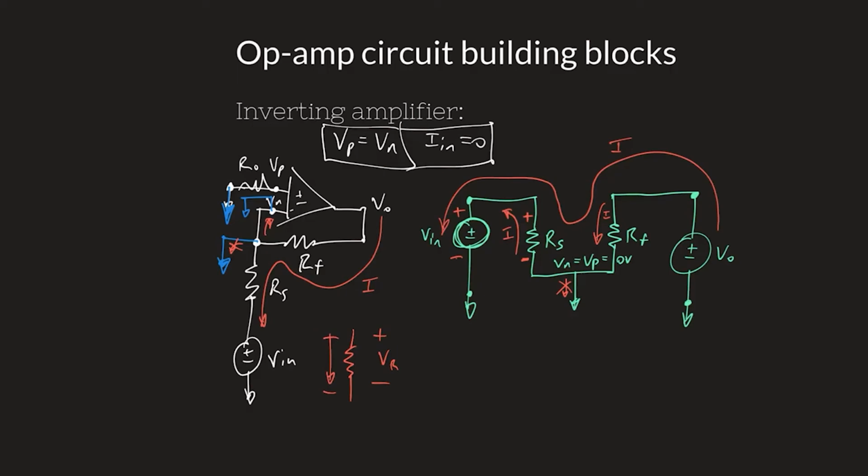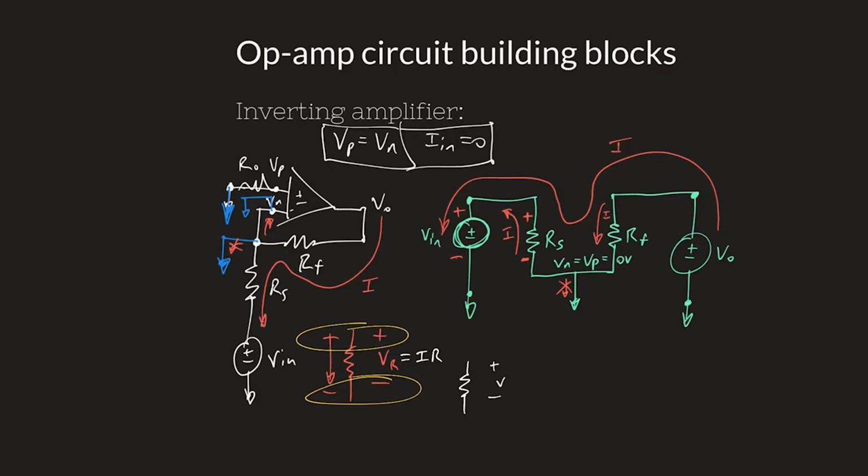Notice that these pluses here are the same, and they're on the same side, and the minuses are on the same side. So then you can use Ohm's law, V equals IR,